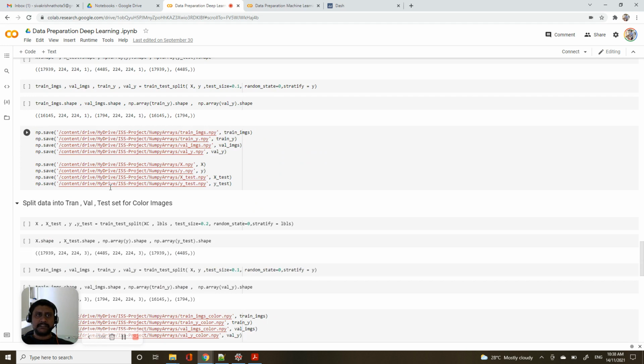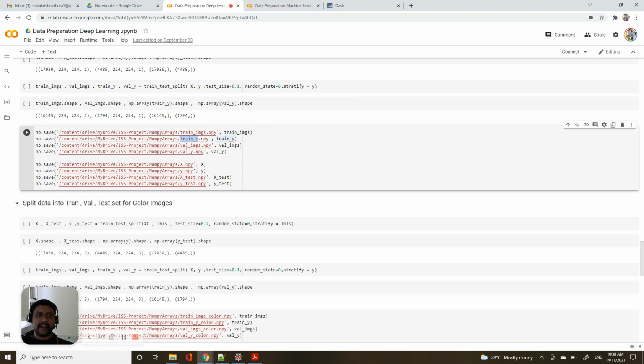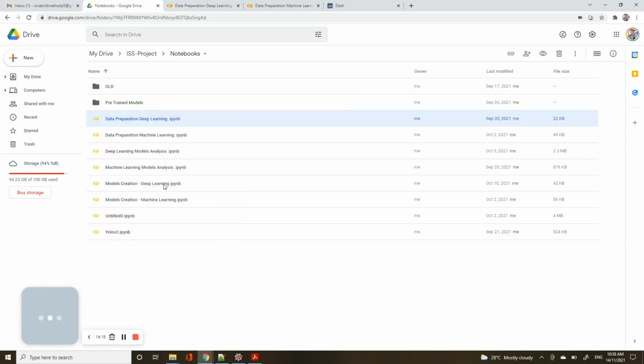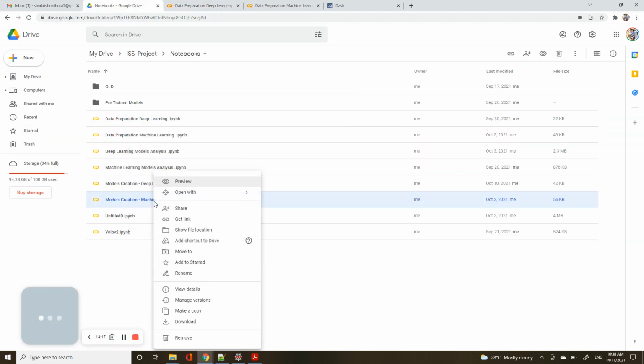So this is the data preparation for deep learning models. Once I prepare the data, I save the NumPy arrays, train images, train y, val y, into the NumPy array folder.